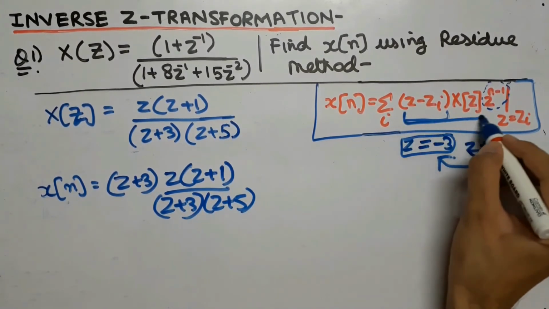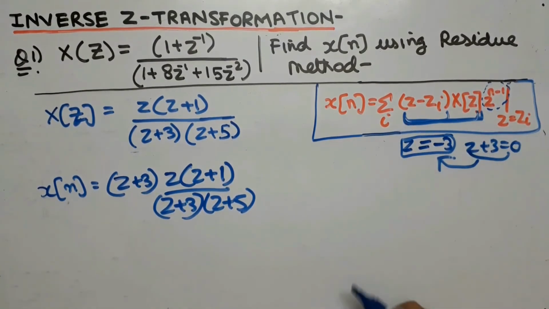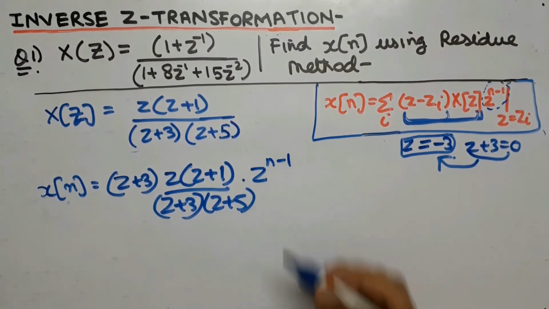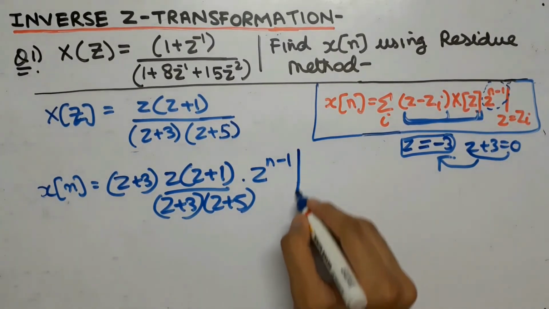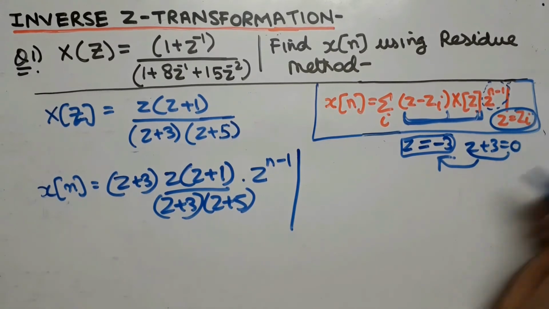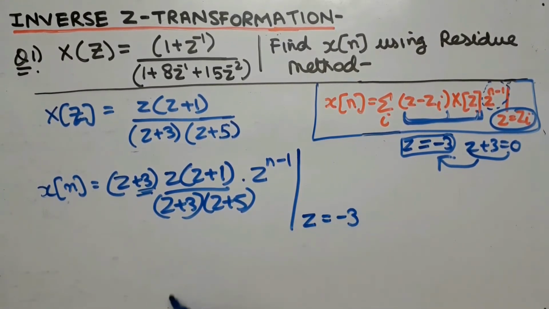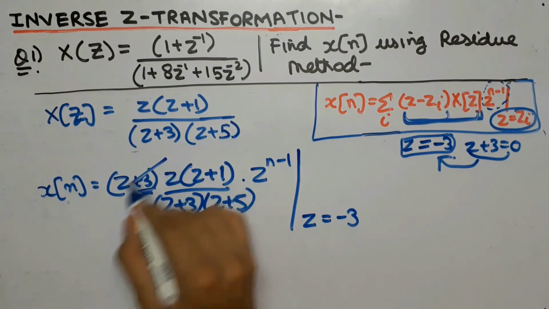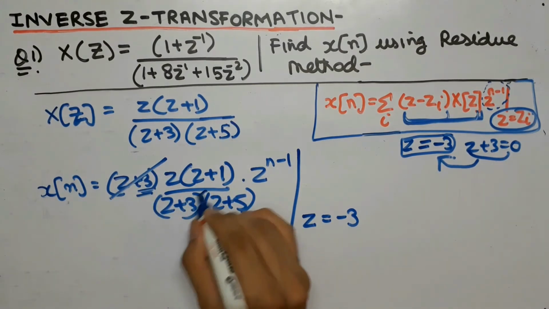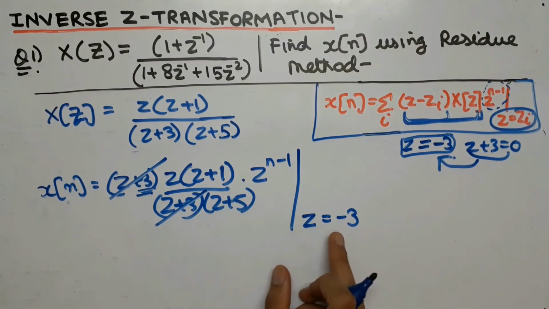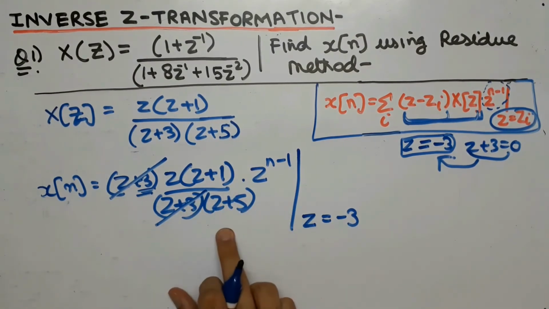That is, we have completed till this part. And now, as I told earlier, we will simply multiply z to the power n minus 1, and we do not have to worry about the power of n. And now we will look at this part, that is, z is equal to z_i, and we know that z_i is minus 3 over here. That is, we will write z is equal to minus 3. Now you will see that we will be able to cut z plus 3 from the numerator and the denominator, and we will simply solve this by putting the value of z as minus 3 over here. But this is not the final answer.